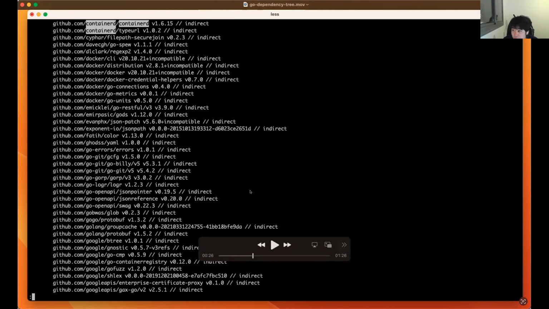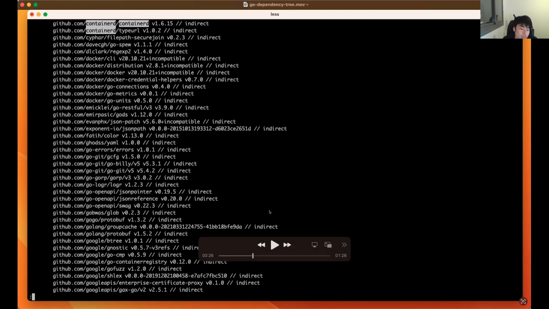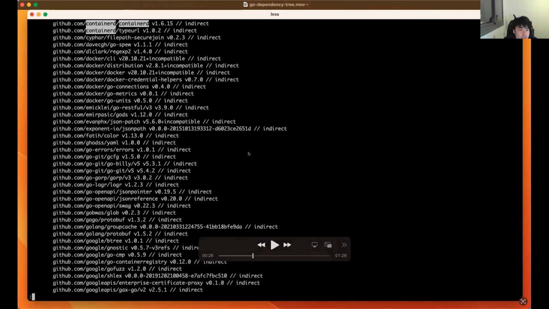Of course, you can use a replace directive, but it's not ideal. If you start that, maybe your Go module will have a bunch of replace directives in the future. So the best is to bump the dependency that is using containerd. So now Trivy adds support for the Go dependency tree. So you can see which dependencies are using containerd. Okay, let's pass the --dependency-tree flag